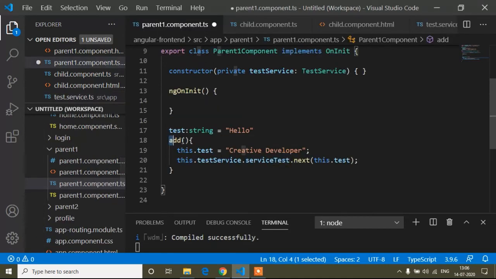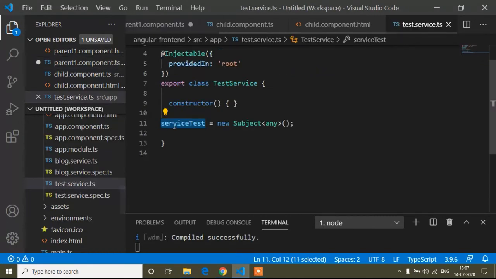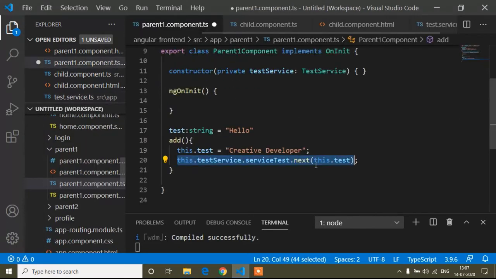So when I click the button, first of all it will change the value, and it will send the test value, that means creative developer. So I am sending it in our service component where I create the service test variable.